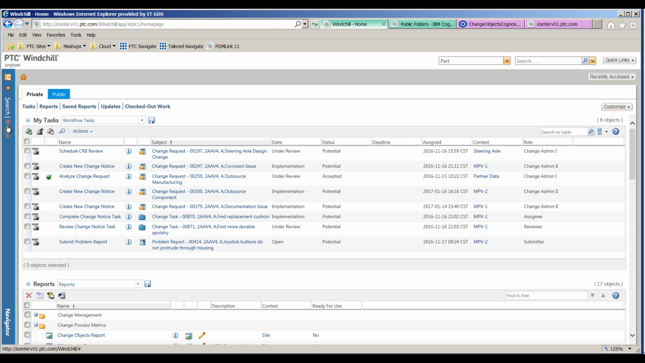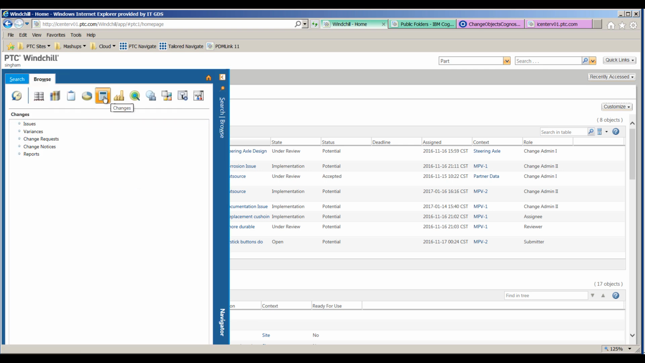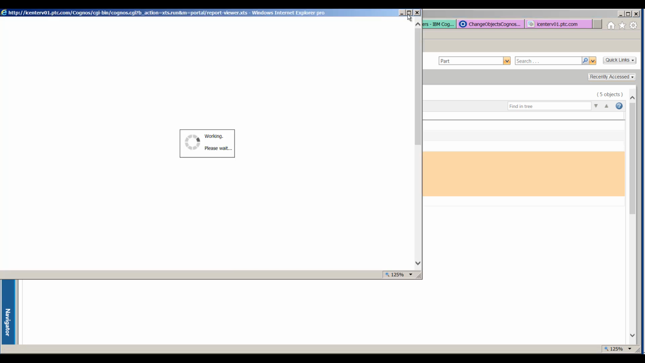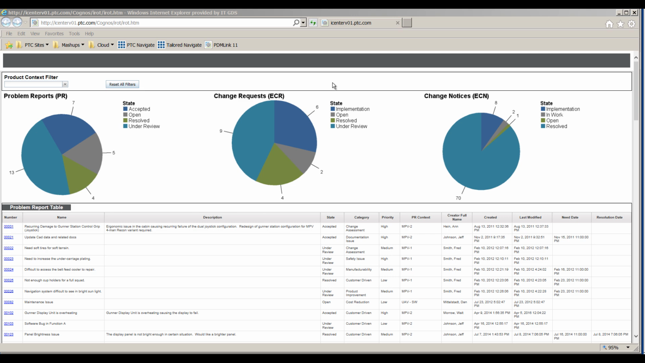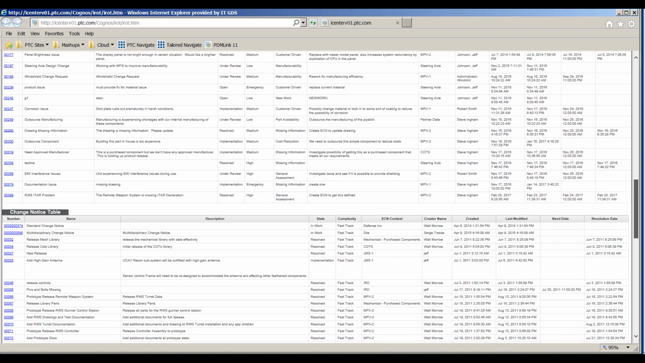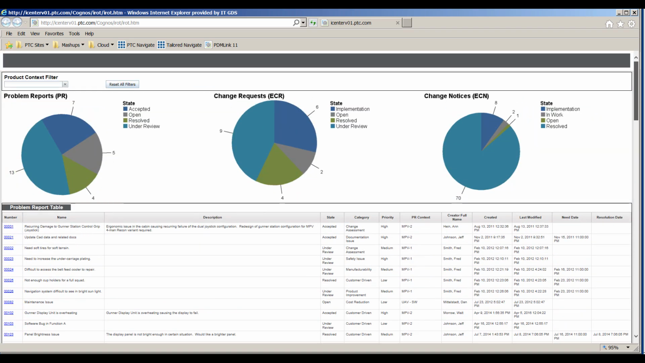Oftentimes, higher-level users want to be able to quickly assess how the product development process is running. Here's an example of a traditional report that runs through the Cognos integration. This report actually leverages Query Builder templates to grab the data from Windchill, but then uses Cognos to do the actual report rendering. Here we're looking at all the change objects in the system and building graphs to show the